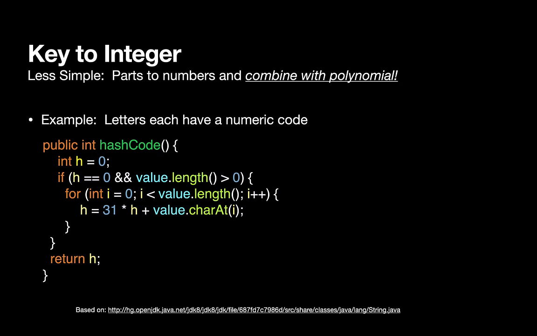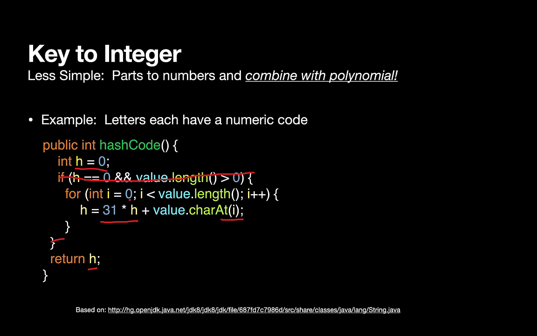Okay, so basically what this does is it starts off with some value that's going to be the return value h. It starts off with 0. It does some sort of a check to make sure that there's some work to do. I'm going to go ahead and cross out that if statement just so we can ignore it and focus on the body of the method here. So it's got a loop. It starts at 0, and it goes up through all the letters. And at each letter, it's going to extract the letter, and it's going to add it on to 31 times